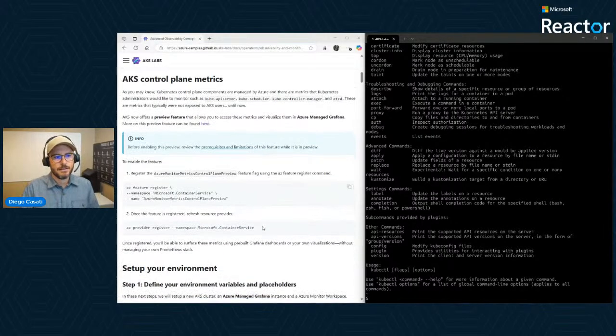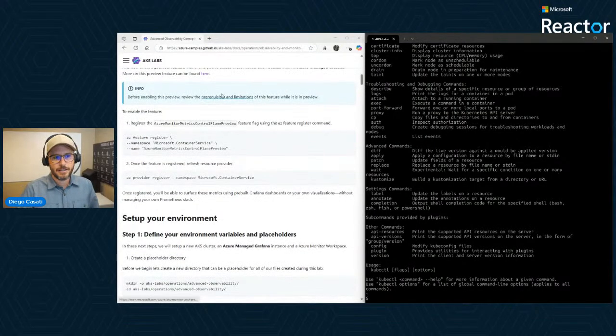Okay. Now let's talk a little bit about the AKS control plane metrics. Traditionally, you wouldn't be able in AKS to tap into these metrics and monitor them. Things like the Kube API server, the scheduler, the controller manager, etcd, among other metrics there, were not something we would expose, at least not in the way we're doing here today. Now, there is a preview feature, and that's what we're going to be using, that allows us to tap into those metrics. And then with Azure Managed Grafana, we can now visualize these metrics.